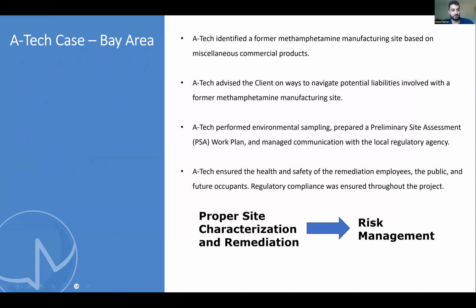Thanks, Roosevelt. So we have a little case example of a project we did recently where everything we've kind of talked about so far is put into play. So up in the Bay Area, we received a call from a client, property manager, letting us know that they had concerns about chemicals in an apartment unit. The brief background is that a troubled tenant was throwing acid at people and spraying fire extinguisher residue at individuals. So crazy call right off the jump.